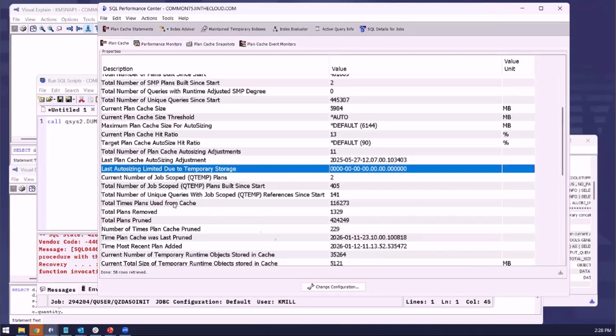Now, one benefit of increasing the size, assuming you have enough temporary storage to support it, is you're going to increase the chances of having a more historical record of the queries that are run on your system. Because then we're less likely to prune and remove plans that aren't used frequently from your plan cache, because you've made the plan cache bigger. Now that does have a hidden temporary storage cost, and I did write about that in my blog. I don't remember the exact title,